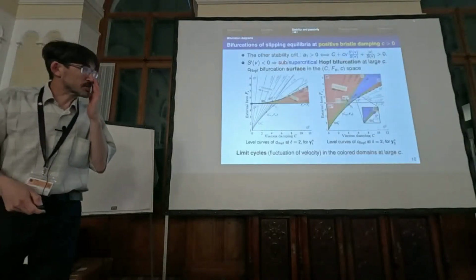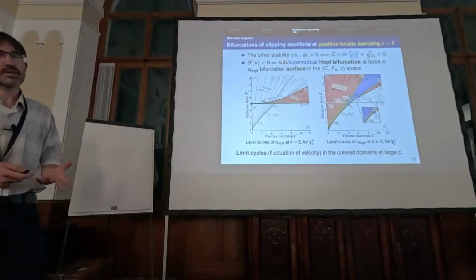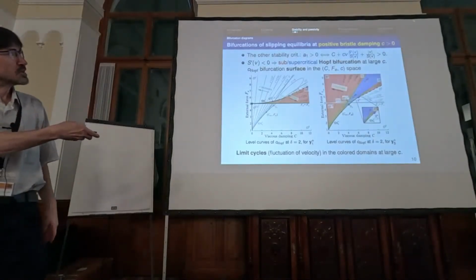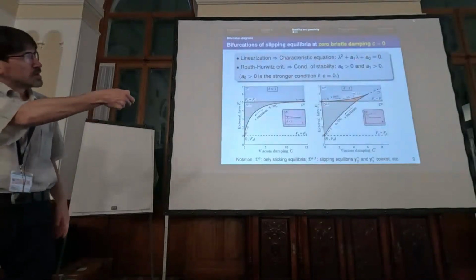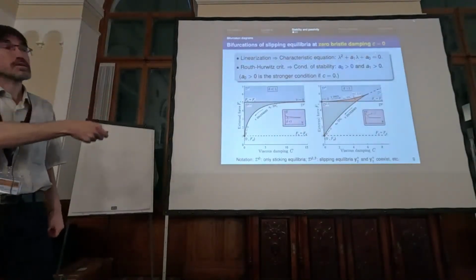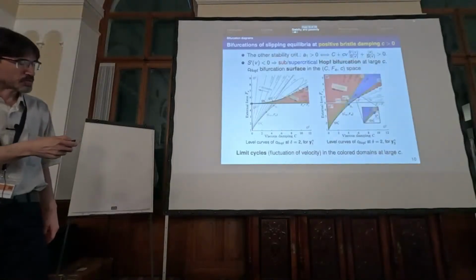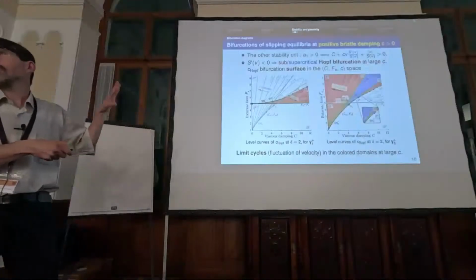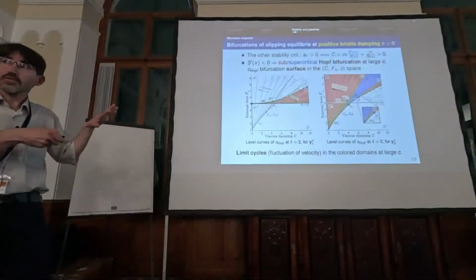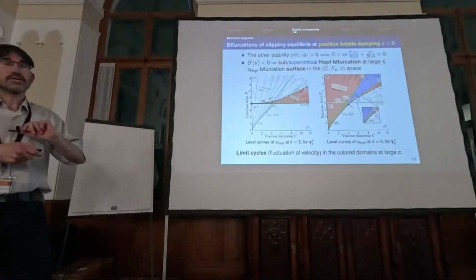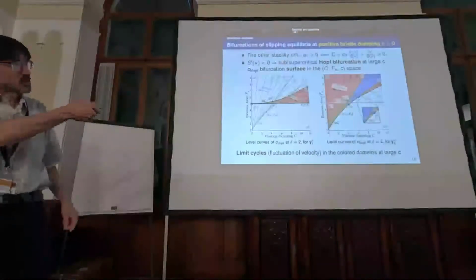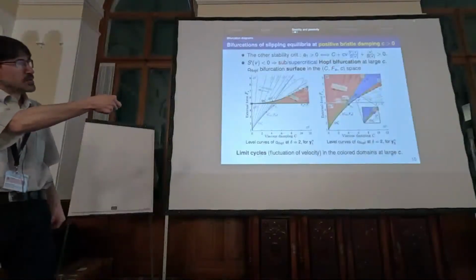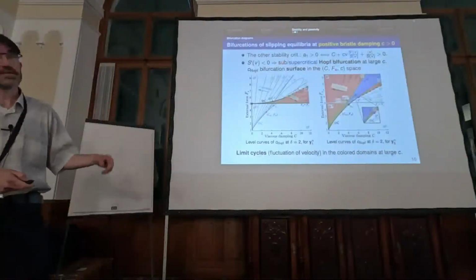But the problem becomes more complicated if we introduce positive Bristol damping, since in this case, the A1 term in the characteristic equation will also be important. And it turns out that if the Bristol damping is too large, then Hopf bifurcation can occur. So now we have a 3-dimensional parameter space. Capital C is the viscous damping, Fe the external force, and the lowercase c is the Bristol damping.